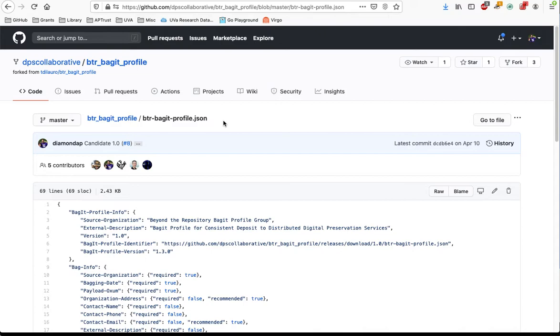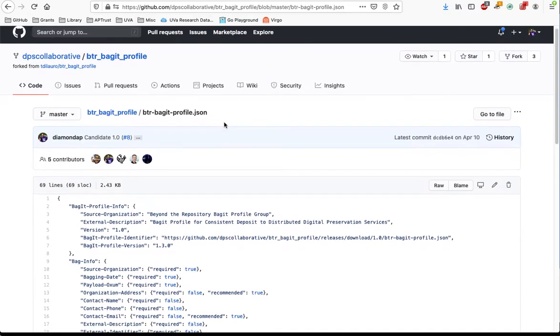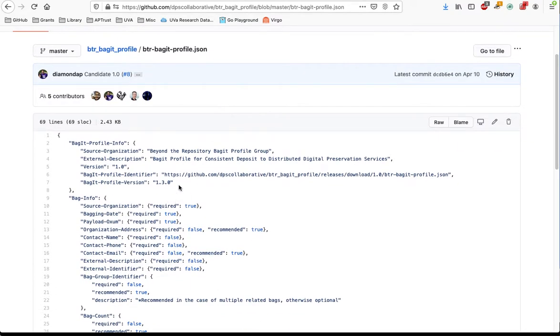This is the BTR BagIt profile from the repository. It conforms to the BagIt profile specification version 1.3.0.